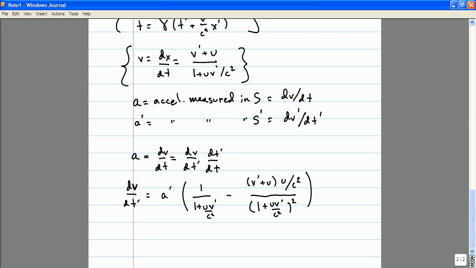We get a prime divided by 1 plus u v prime over c squared quantity squared, times 1 plus u v prime over c squared coming from this first term, minus v prime plus u times u over c squared. And you can see here that the v prime times u terms will cancel, and we get